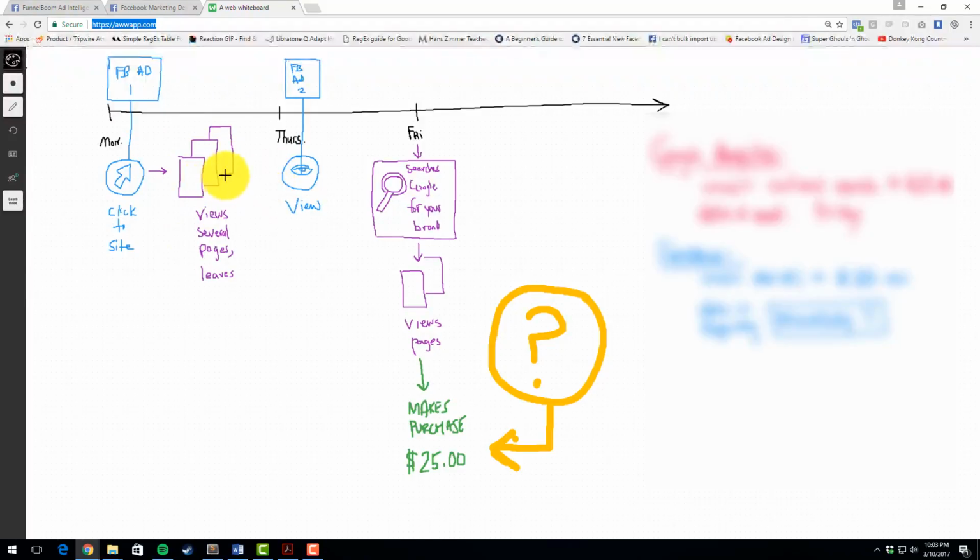And then you leave. Thursday, you see an ad. Well, Google Analytics doesn't know if you see a Facebook ad. They only know if you click one. So since you didn't arrive on the site as a result of that ad, Google Analytics doesn't know anything about this interaction. But then Friday, when you search for the brand name on Google and go to the site again and make this purchase,